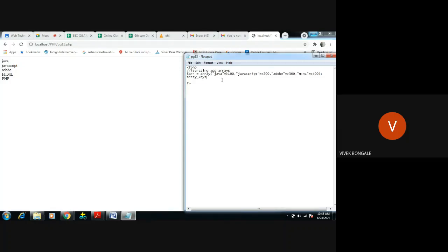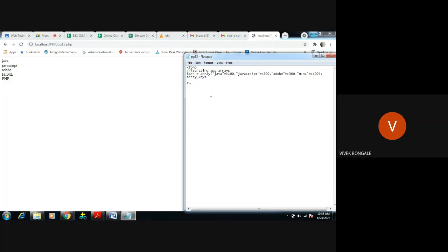By using these keys we are going to iterate, because earlier by using this key we were retrieving this value. But here we have 4 keys and different values. We want to retrieve all 4 keys' values and display them in the browser. To do that we use array keys. This is a keyword we have to use.